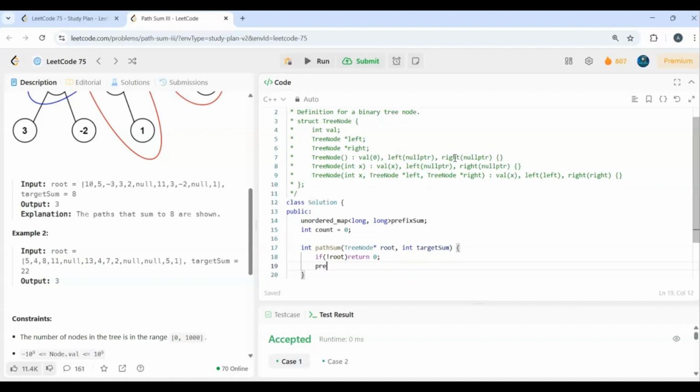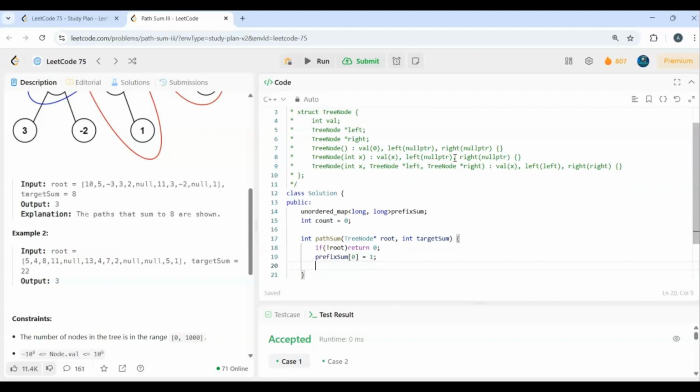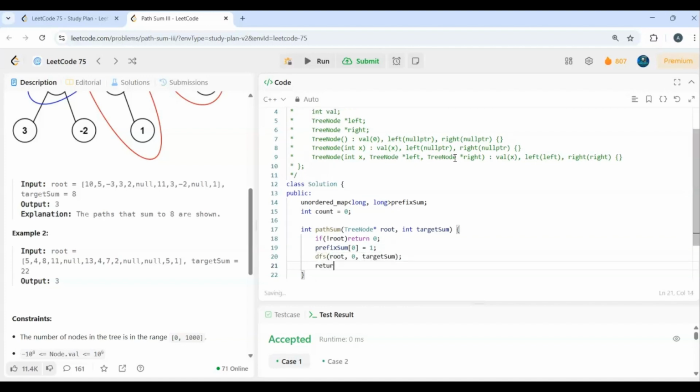We'll first store the prefix sum of 0 to 1. We'll call the DFS function sending the root, current sum and target sum, and finally we'll return our count variable.